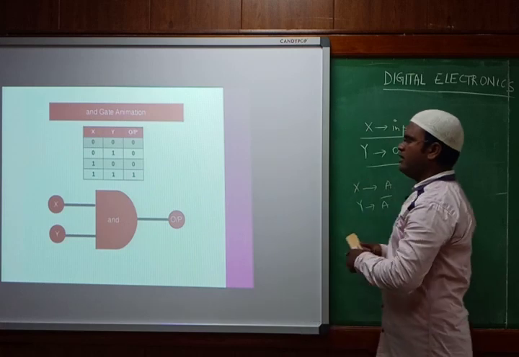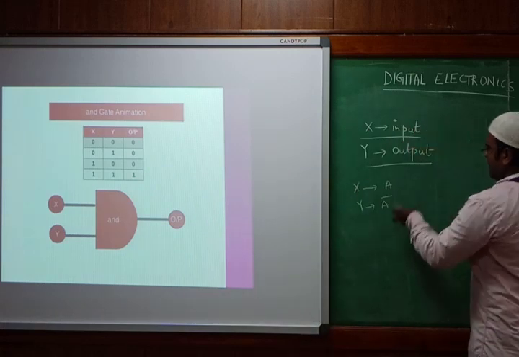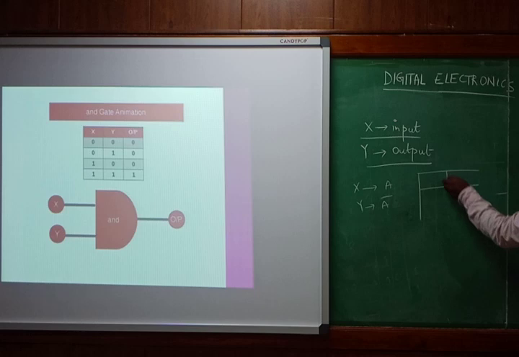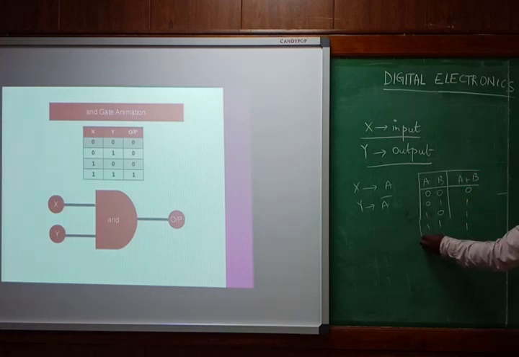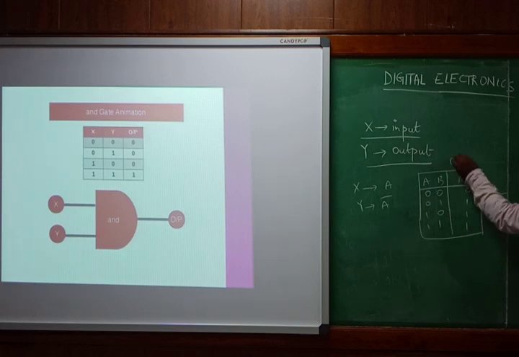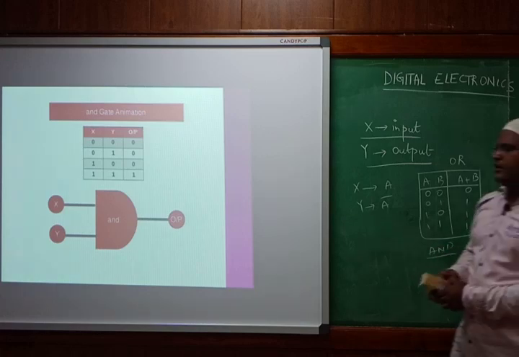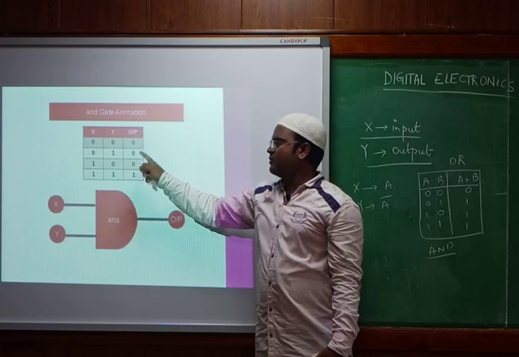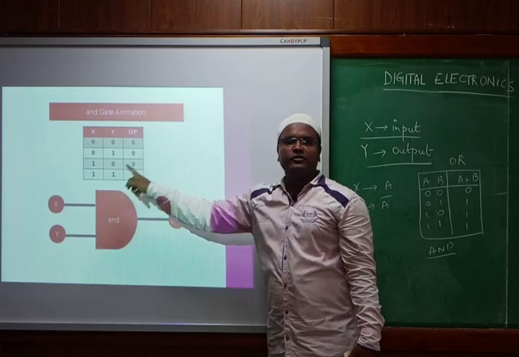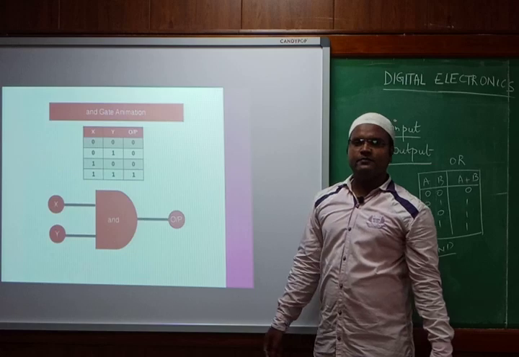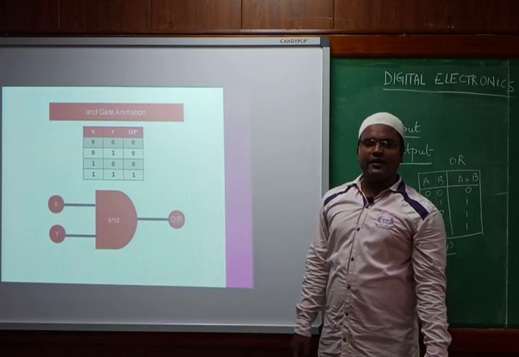So what is the output for that OR gate in the previous condition? If I have A and B as 0 0, 0 1, 1 0, 1 1, I need to mention A plus B. That means 0 1 1 1. That means all will be added. This is for OR. This slide is for AND. In AND what will I get? I need to multiply. So 0 into 0 will be 0, 0 into 1 will be 0, 1 into 0 will be 0, 1 into 1 will be 1. That's how this is the AND gate.